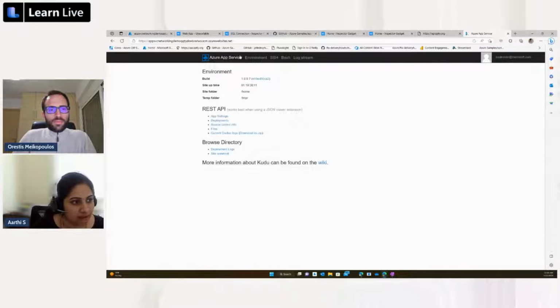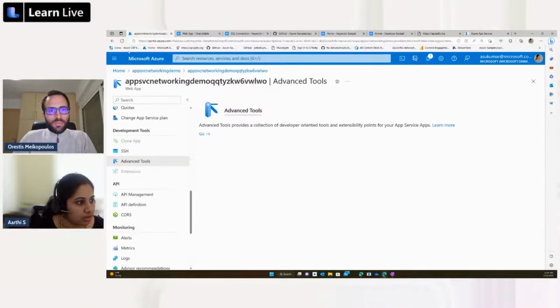And this Kudu console page is also very informative, like we saw in the Inspector Gadget web app. The same way, we can also play around with lots of features in the Kudu console as well. We can try to refresh, we can do a bash, all the updates from here. So all these options are available if we launch the Kudu console. So if I go back to the web app,